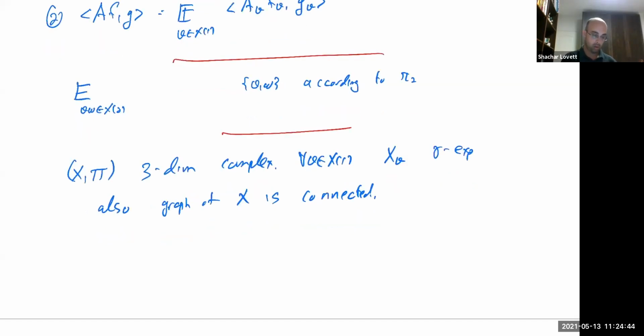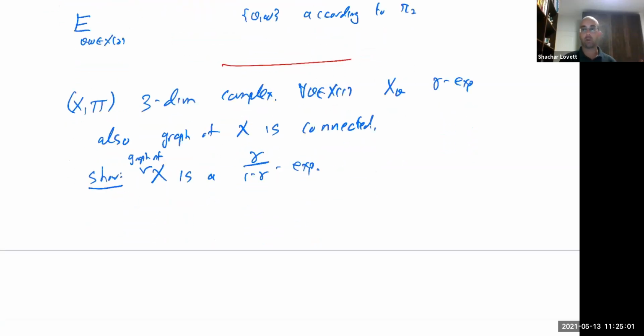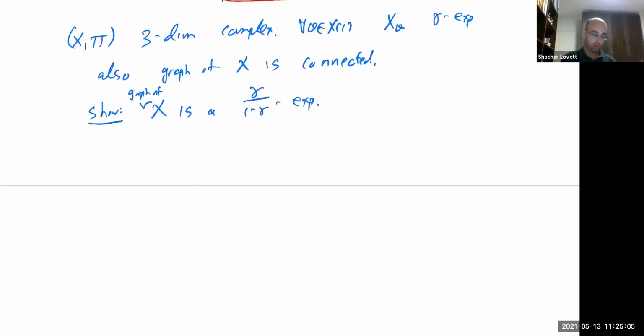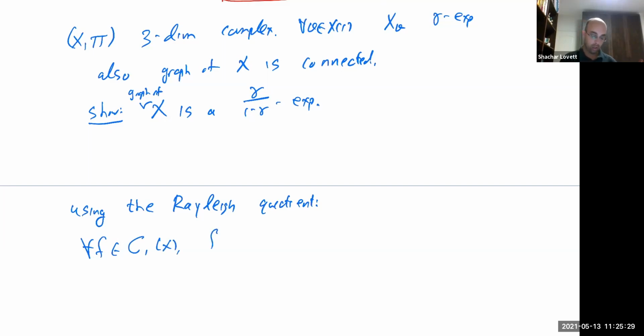So what is to show is that X is a gamma over 1 minus gamma expander, again the underlying graph of X. Using the Rayleigh quotient viewpoint, we want to show that for every f in C1 of X, a function on the nodes of X, that is orthogonal to the all-ones vector,